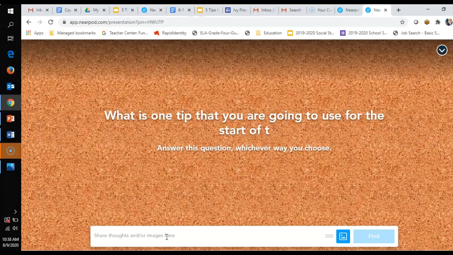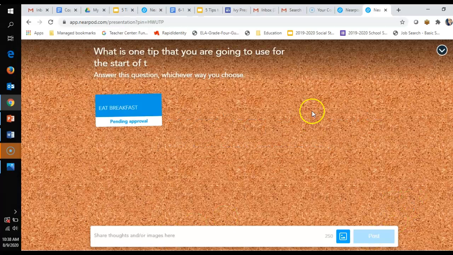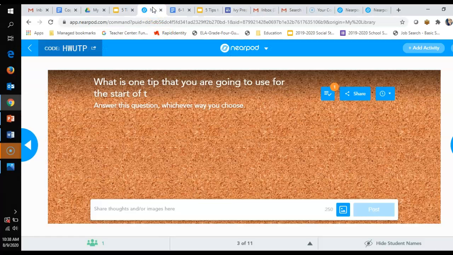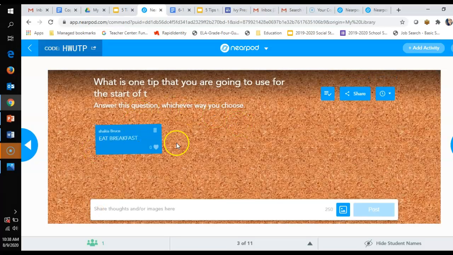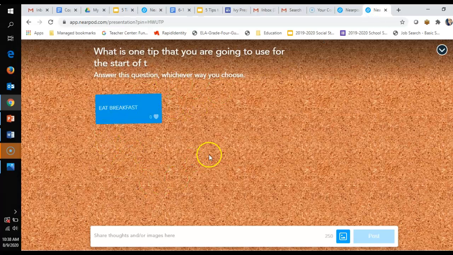So I'm just going to put something here so you can see. They can keep posting if you want to, but it's pending approval. So on the teacher end, I have one little red or orange thing here that tells me that somebody has put in one, and I say, okay, Shakia Bruce put in eat breakfast, so I'm going to approve that because it's appropriate, and it'll pop up for the screen for everyone to see,